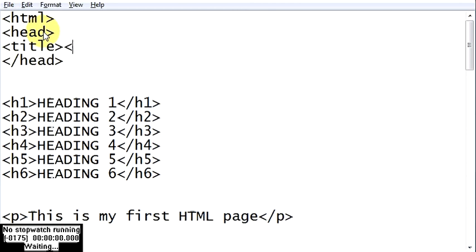So this is your title. Now you can give any title. My HTML page.